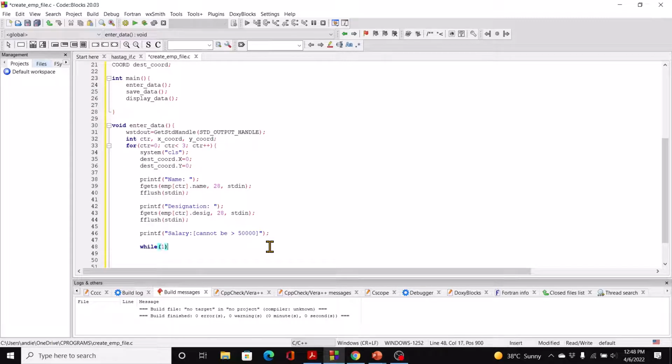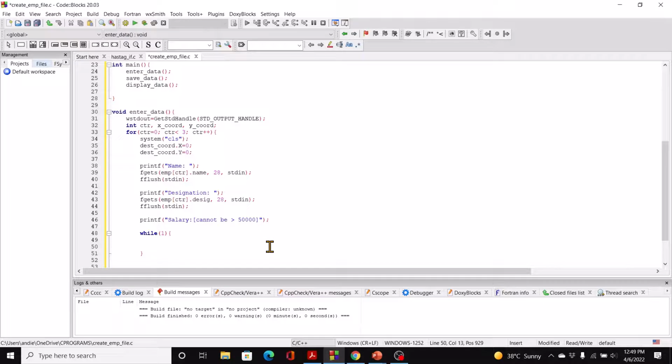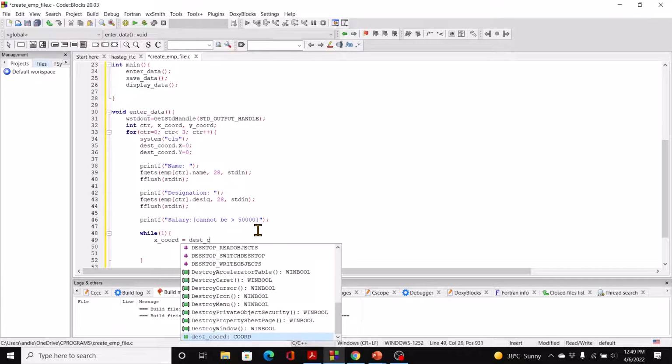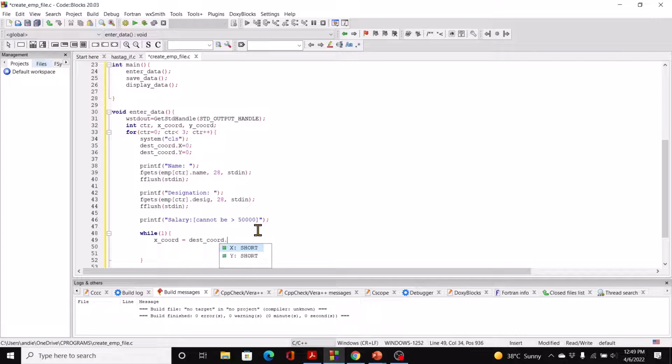So while 1, and within that loop, x coord equal to dest coord dot x, right, which is currently 0, plus 26. How did I arrive at 26? If you count these 1, 2, 3, 4, 5, 6, 7, 8 for the colon, right, and then 9 for the bracket, etc., you will get 26. Right, so 26 will position the cursor exactly here, and you can change that later on if it is not exact. So 26,